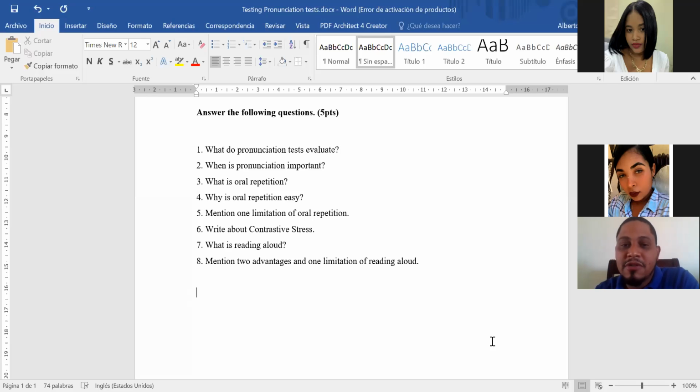But if you give them a piece of paper and you tell them to read that, you will see that they have problems reading aloud. It's not that they don't know how to read, because they read for themselves. But when they have to read aloud, that everybody is going to listen to them, they cannot do it. And if they do it, they don't do it correctly. They have problems, they miss words, you know, that happens to all of us if you don't